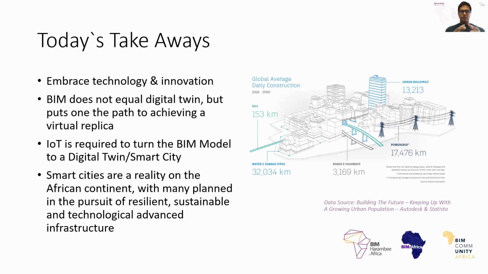So you'll have the model with its metadata done really nicely, 3D visualistic. You would take that, use IoT, sensors, hardware, link that to a dashboard, get a virtual living asset, and then you could manage it. You could do it for energy efficiency, lighting, maintenance. The list goes on. So you would need BIM. BIM forms a critical role, and it ties into our topic for this year at BIM Harambee Africa. It is a critical starting block in achieving a smart city. So please, BIM is where it starts, but it does not end.